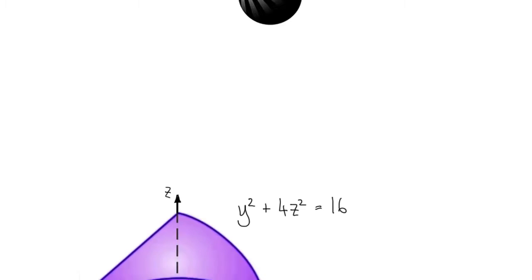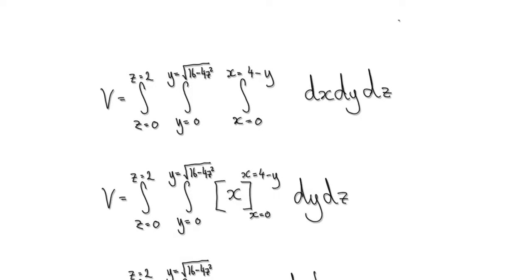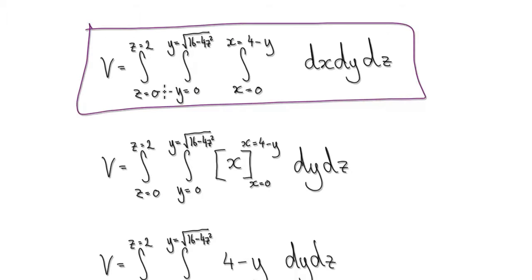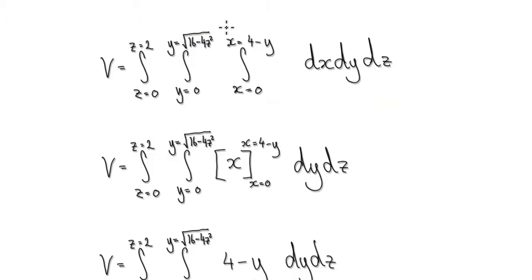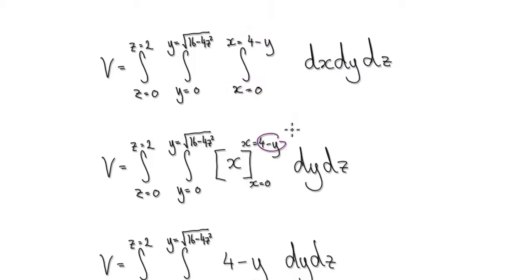Following on from the previous video, we got to this stage here where the volume of that solid is given by this. So now it's just a matter of evaluating this integral. Looking at the inner integral, integrate this with respect to x. That will just give you x from 0 to 4 minus y. So now put this into here, and then take away, put this into here. That will then give us